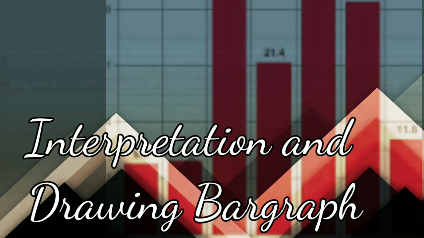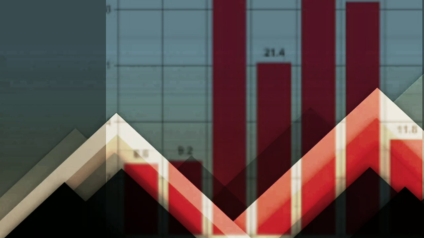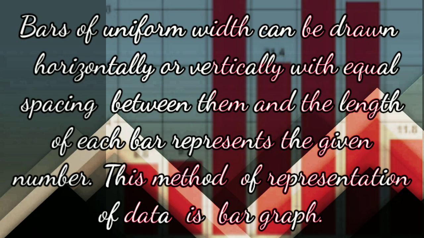So first let's take what are the bar graphs. In a bar graph, basically it's a graphical representation, and here bars of uniform, that is the same width, are drawn either horizontally or vertically with equal spacing between them. Please remember this. You should have equal space between the bars, and the length of the bar, or you would say the height of the bar, will give us the required information. So let us see how it works.